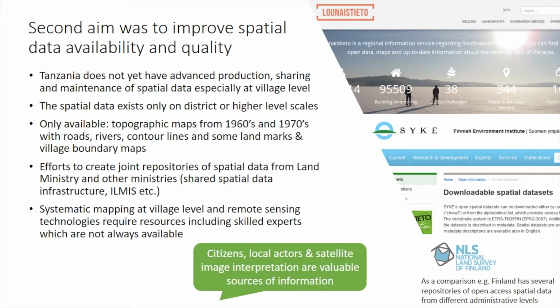There are several efforts in the country to create joint repositories of spatial data, for example, at the Land Ministry and other ministries, but in reality, systematic mapping at village level and remote sensing technologies require resources, including skilled experts, which are not always available. So that's why participatory mapping with local community members and satellite image interpretation are oftentimes the only ways to collect